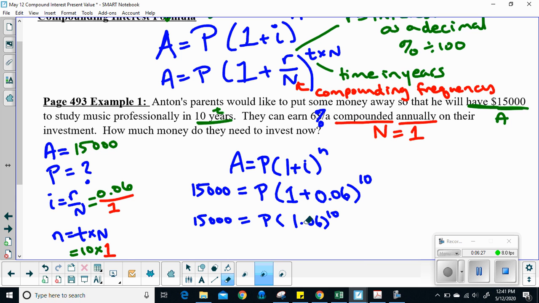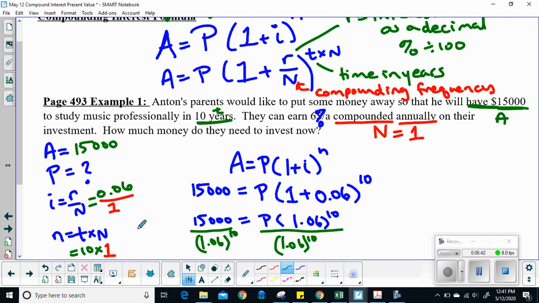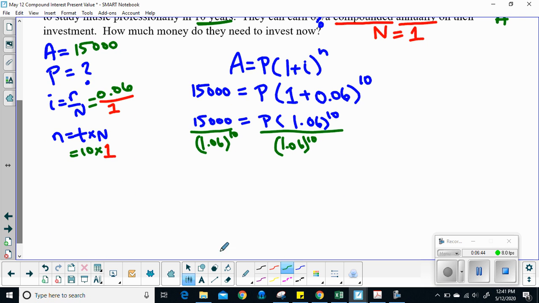And then you can do your exponents next. So I can calculate that, but you get a whole lot of decimals. So life is just so much easier if you just divide both sides by that number first, 1.06 to the exponent 10, because that's all one number. So I'm just going to divide both sides by that to get it out of my way. And then I throw it into my calculator because now P equals whatever 15,000 divided by that is. So let's see, 15,000 divided by 1.06 exponent button 10